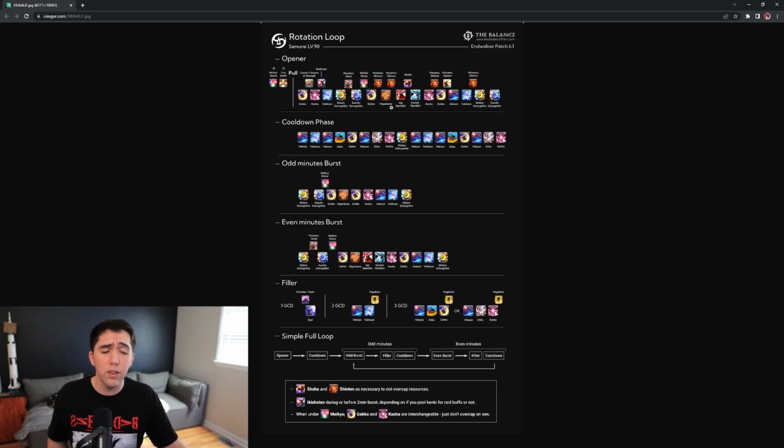Now if we focus on those GCDs from this Midare Setsugekka to this Midare Setsugekka, you'll notice that this is the exact same GCD layout that happens in the even minute burst window. The end of the opener burst window has an extra GCD here, the Kaishi Setsugekka. Whereas if you look at the even minute burst window, there is no Kaishi Setsugekka at the end of this